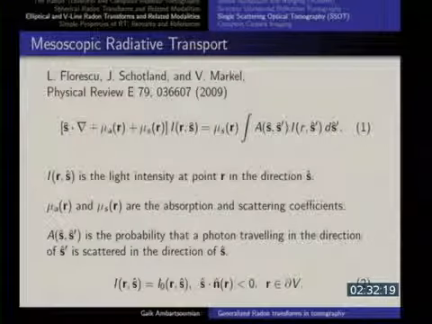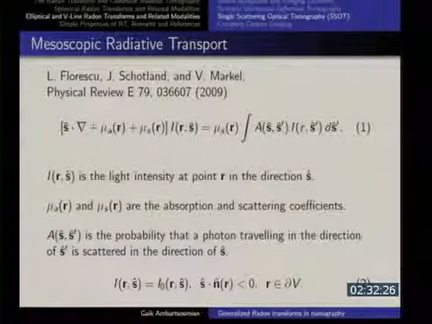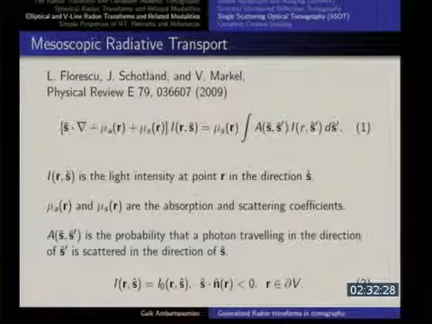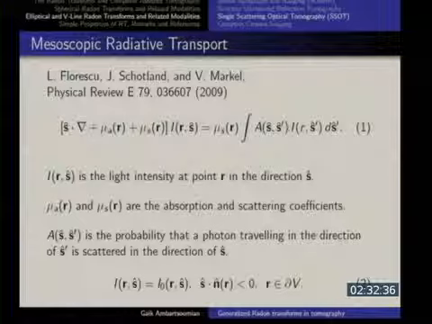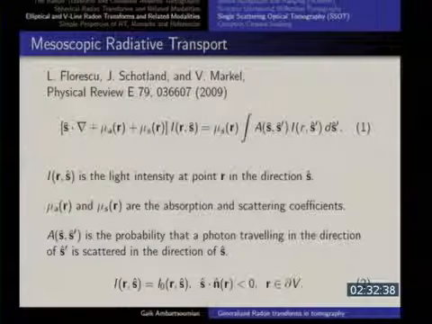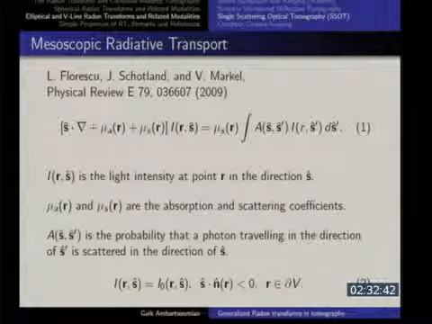So this part corresponds to gaining by particles flying in the wrong direction, scattering in the right direction, and this is probability. So this thing is normalized. So if you take the integral of A with ds prime without any weight, you will get 1, and so on. So then you can have the condition on the boundary. You're assuming that you know the light that you're shining into the body.